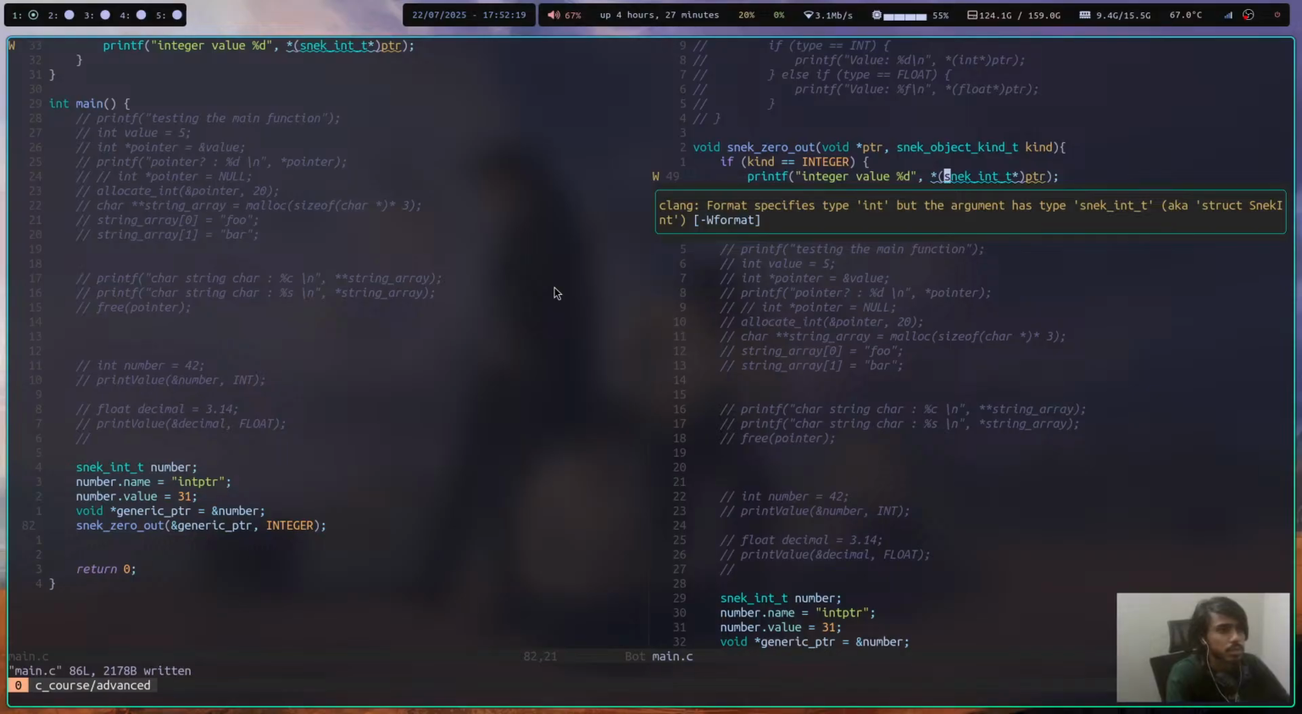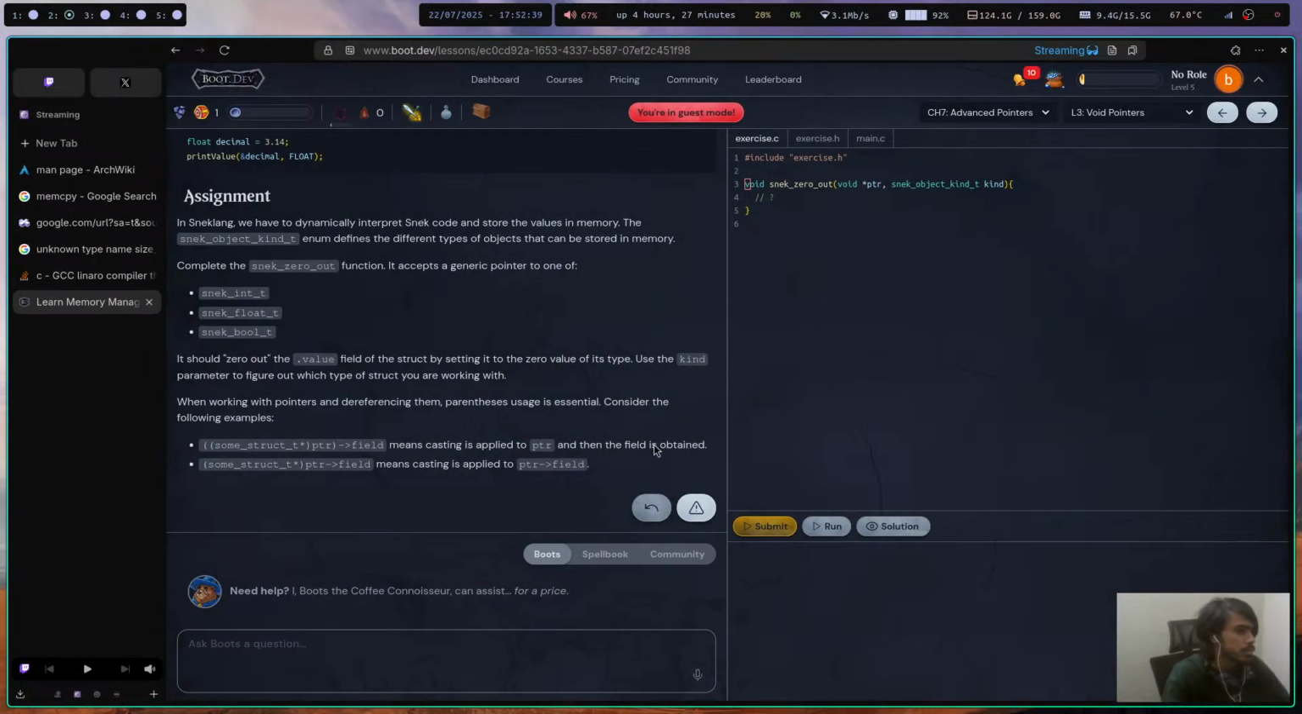Format specifies type int, but the argument has type neck key. We will be dereferencing it to neck int t. The problem is going to be